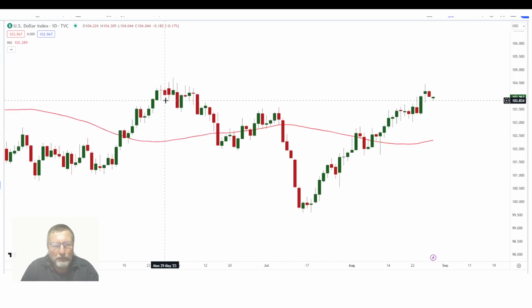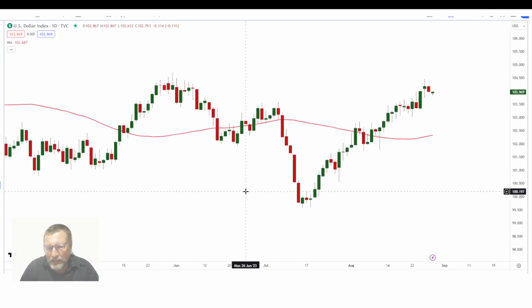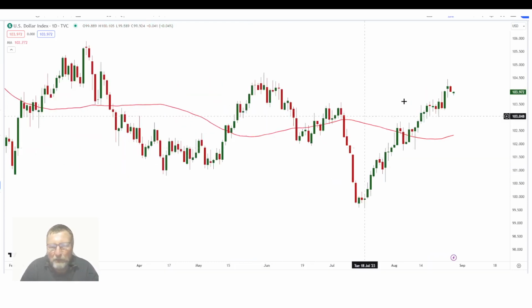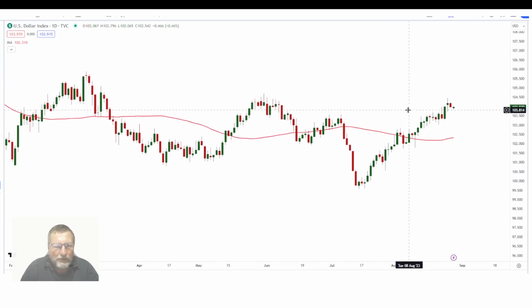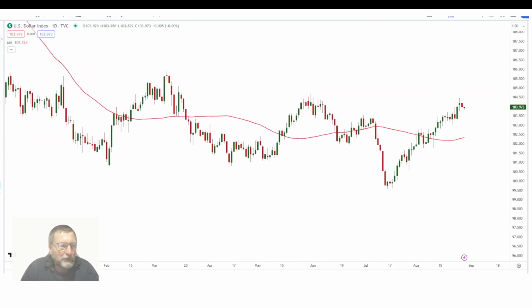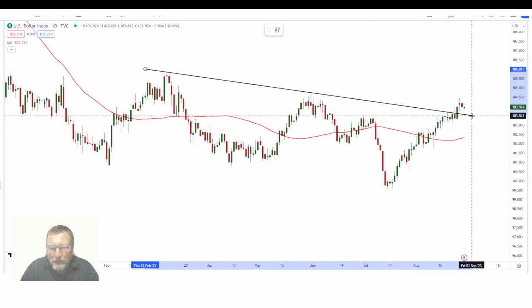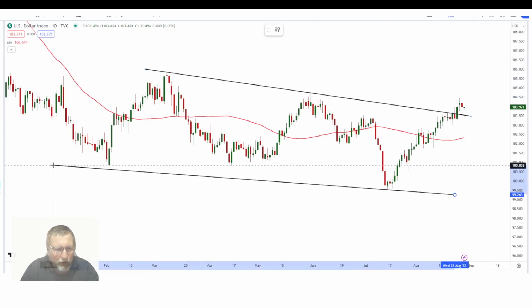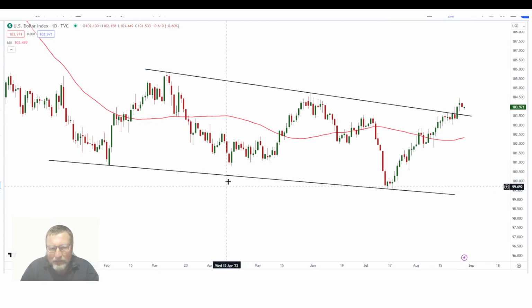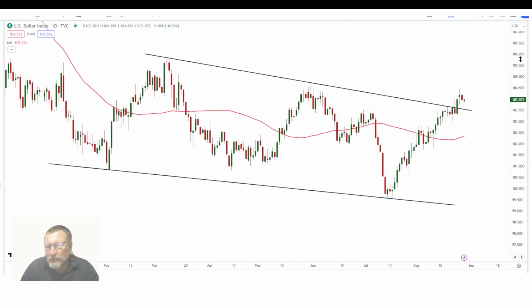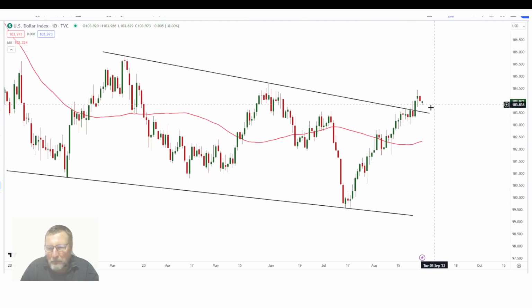But let's kick off with the DXY. That's the dollar index, and everybody is worrying about this dollar index because they say it's just going up and up and up and there's just no pullback. And what's interesting, this chart is showing us something else. I want to draw this line in. There was a beautiful descending channel developing in this chart for quite a while. But what happened recently, suddenly the chart decided to go and break above this resistance line, and it went right to the top to almost 104.5.